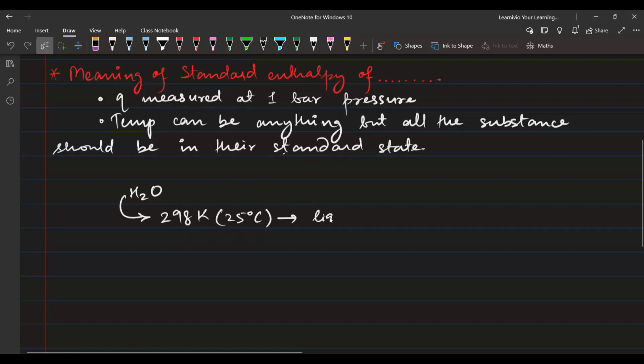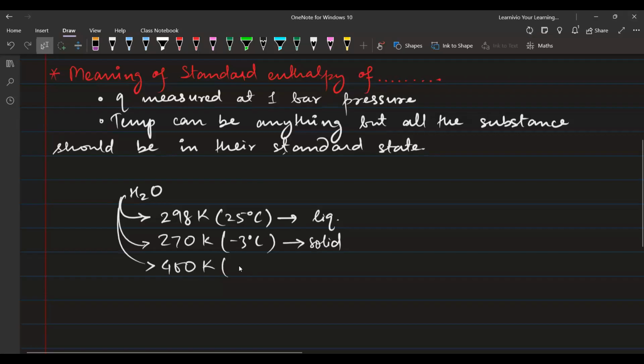It will be in liquid state, है ना? ठीक है, so if I am going to put water in the system at 298 Kelvin, then we will have to consider it as liquid। अगर यहाँ पे आपके पास 270 Kelvin है, 270 Kelvin is -3 degrees Celsius, then in that case it will be solid, liquid or gas? Solid. And if I take the temperature to be 400 Kelvin, quite large, then it will be what? Gas, है ना? वेपर। Gas. प्लीज राइट दिस डाउन।